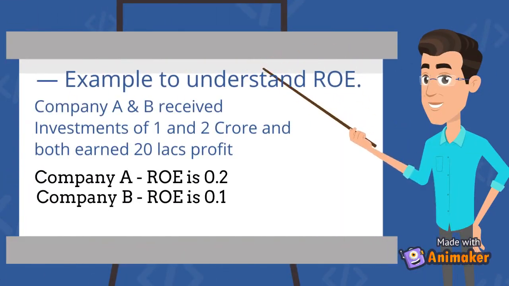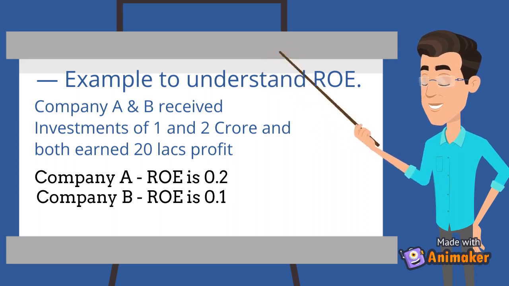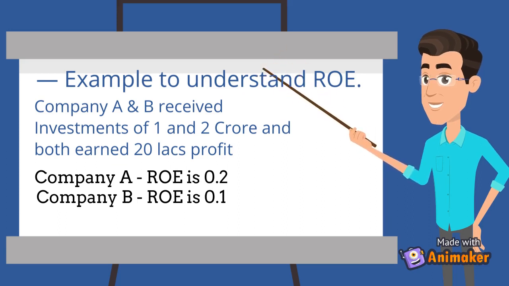Let's understand the concept behind return on equity from an example. Let's take two companies, A and B, operating in the textile business. These companies have made a profit of 20 lakhs for the financial year 2020-21. But how are we going to compare which is greater of these two in this scenario, because both have reported the same profit, right? So now